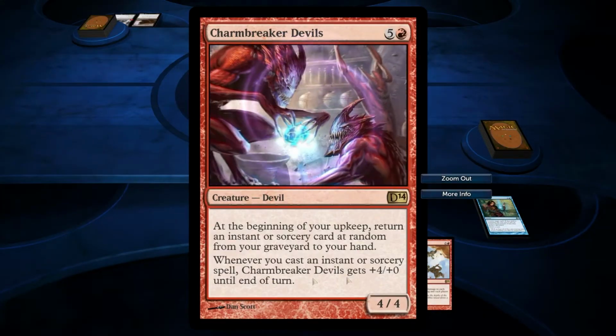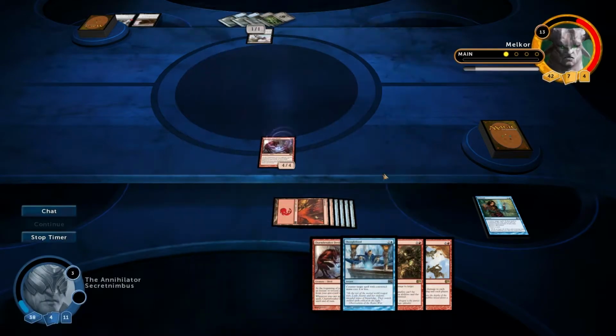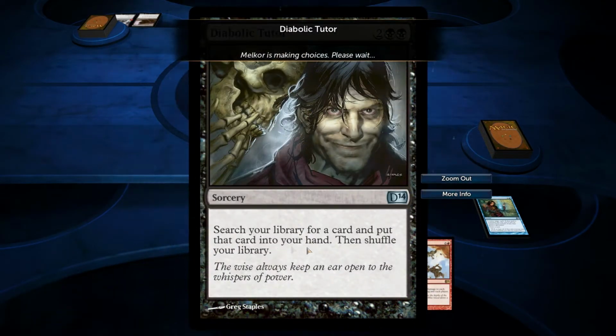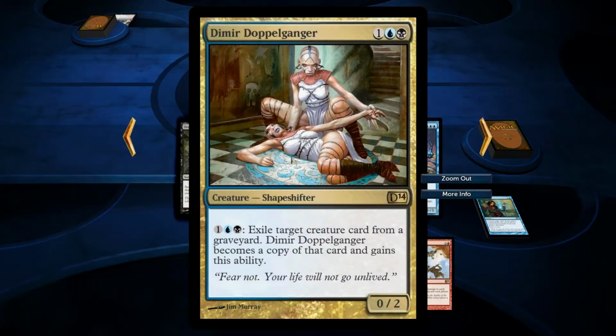So this gets +4/0. Whenever you cast an instant or sorcery spell, Charmbreaker Devil gets +4/0 until end of turn. So we'll be able to play Diabolic Tutor now, search your library for a card and put that card into your hand, then shuffle your library. So he's probably looking for one of his cards, which will...